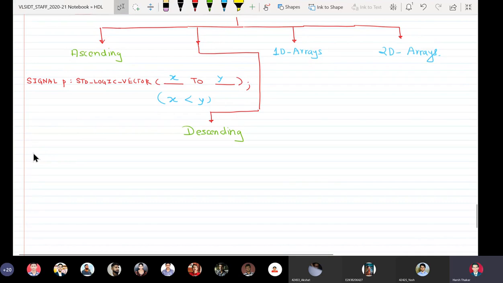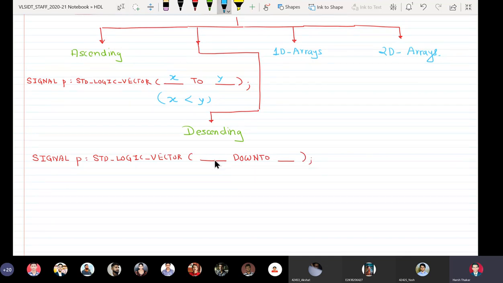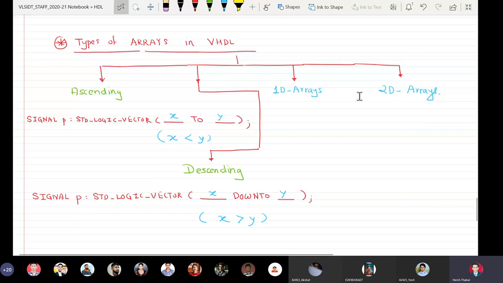Similarly, if I say signal P, std_logic_vector x downto y, provided x is greater than y, then it is an example of a descending array.